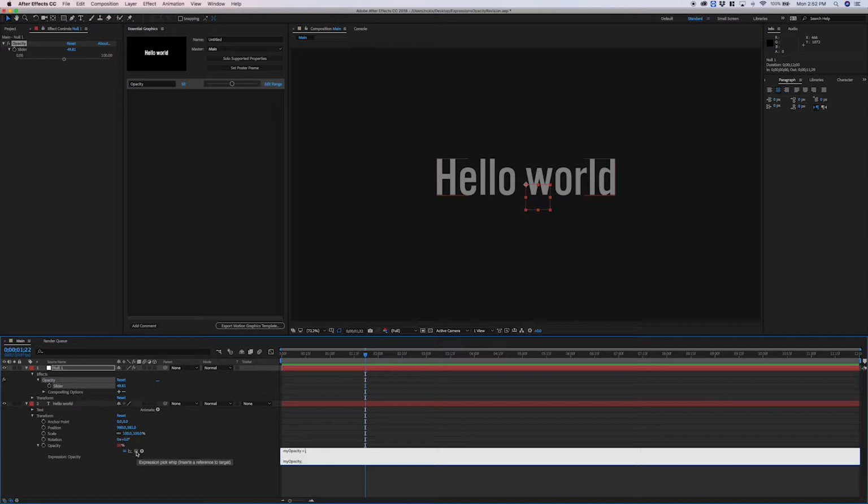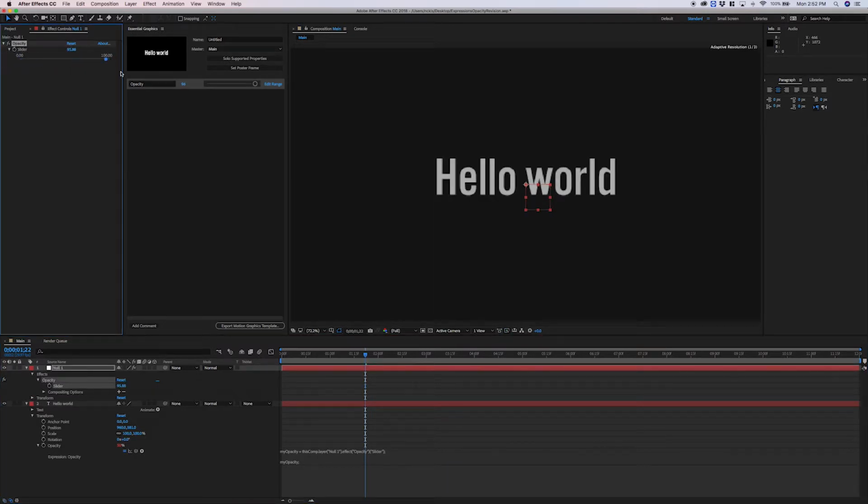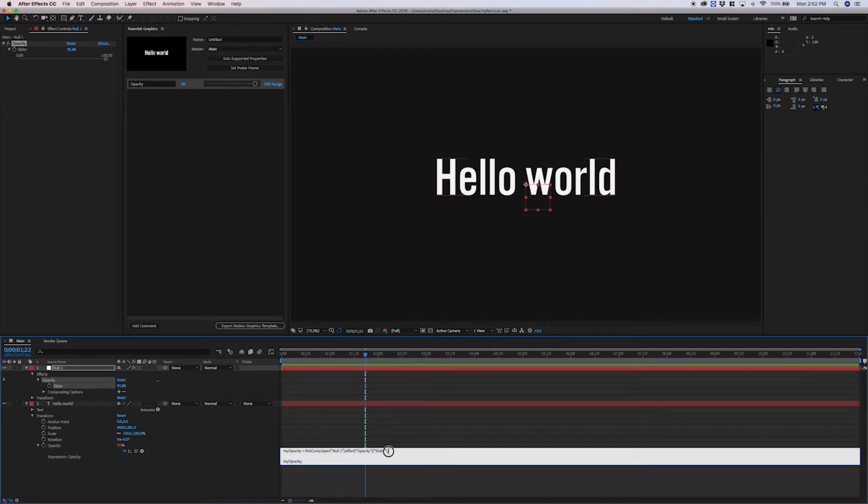All we have to do is just drag the Pick Whip to whatever property we want in our expression, and it will just type in all the code to get there, automatically. Now that we've Pick Whipped our slider to our myOpacity variable, our opacity will always be equal to the slider that we made. I'm going to change the value of my variable, so I'll delete the part that references the slider. Now we can set our myOpacity variable to just about anything we'd like, so let's try something a little